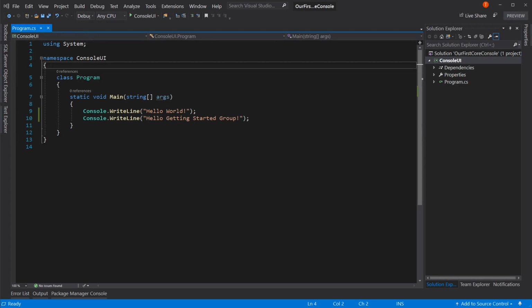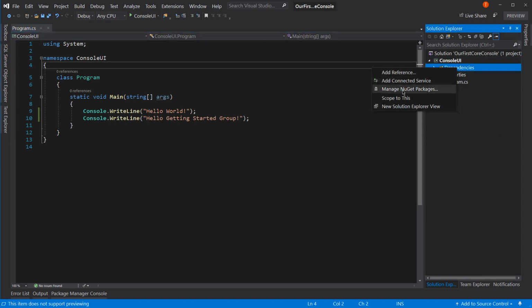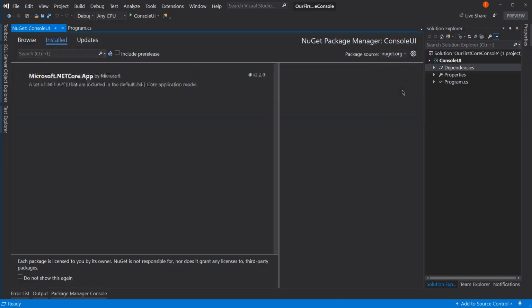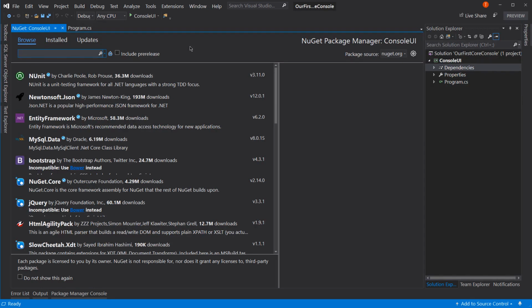So how do we go about doing that? Because it's not baked in right away. This is where the extensibility of .NET Core comes in. We're going to have to add whatever configuration provider we want. In this case, I want JSON. I much prefer JSON as a format over XML. So I can right-click on my dependencies, say Manage NuGet Packages, and this looks very similar to what you've seen before. We can go to Browse, and we're going to look for the